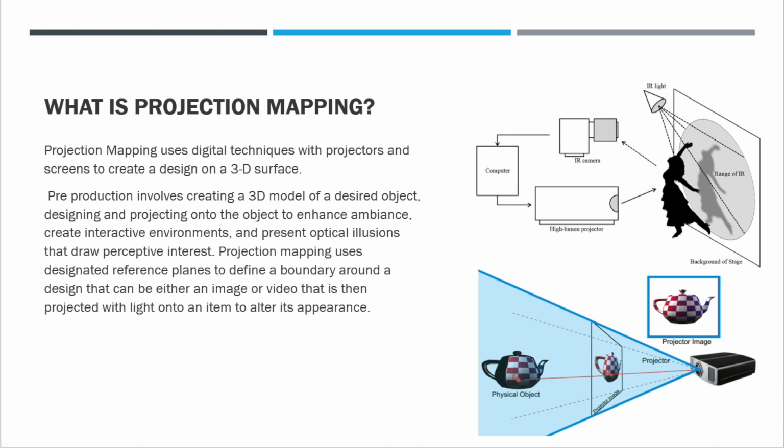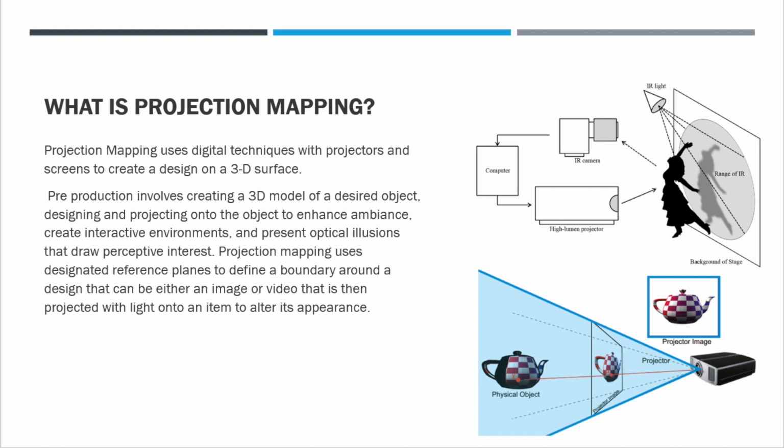So projection mapping uses digital techniques with projectors and screens to create a 3D design onto a surface. So it projects directly onto the outside surface, as you can see in these two images here. Pre-production typically involves creating a 3D model of a desired object, designing and projecting onto the object to enhance ambiance,